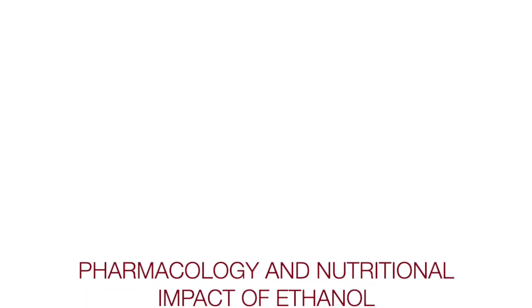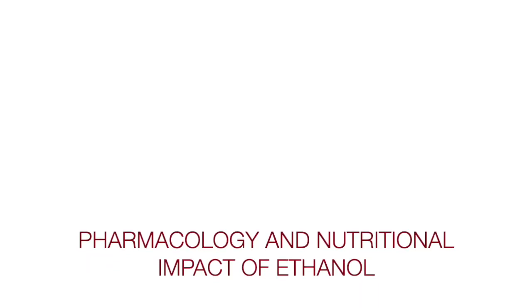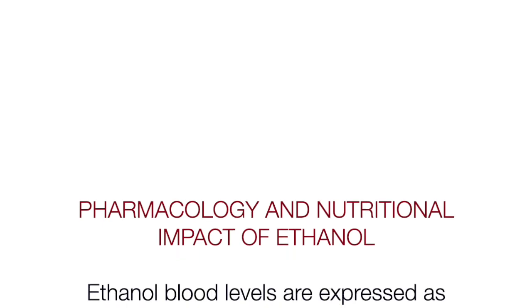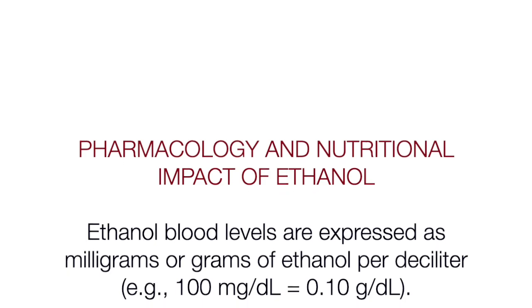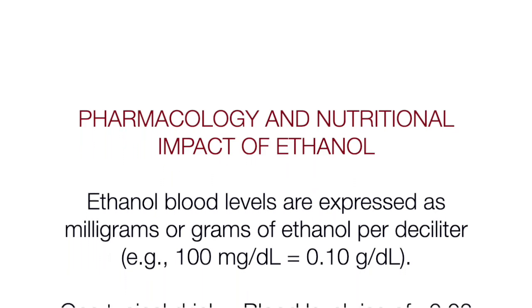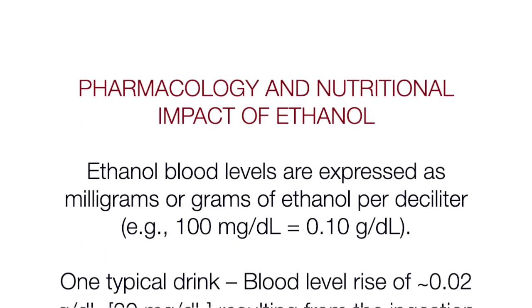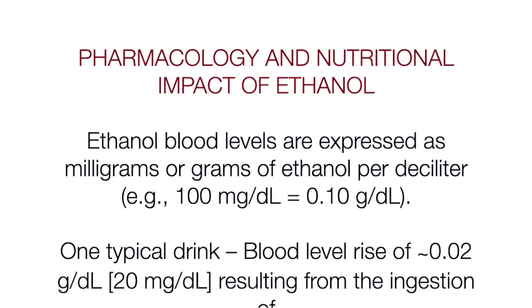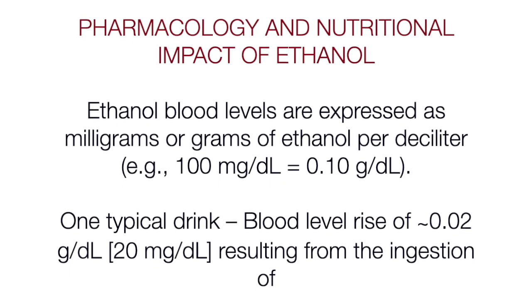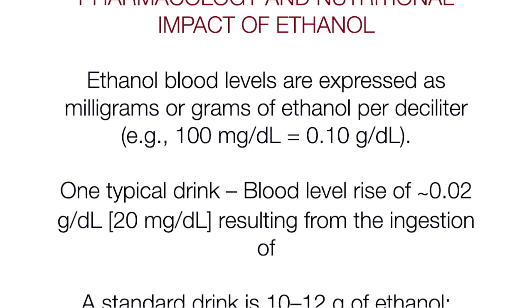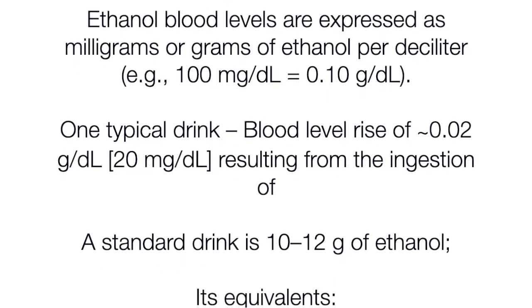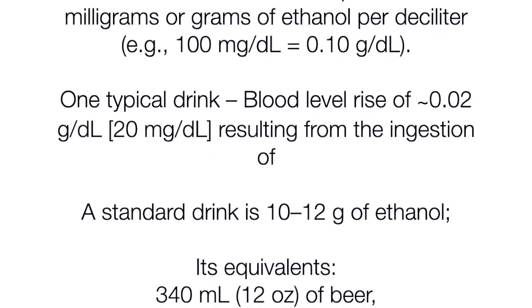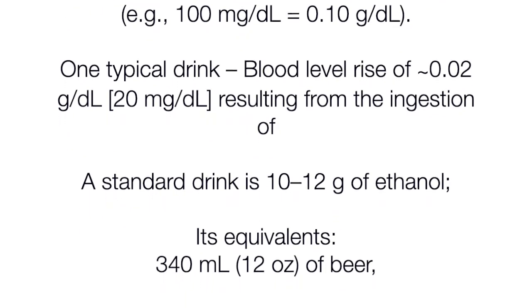Pharmacology and nutritional impact of ethanol. Ethanol blood levels are expressed as milligrams or grams of ethanol per deciliter. 100 milligrams per deciliter is equivalent to 0.1 gram per deciliter. One typical drink results in a blood level rise of around 0.02 gram, or 20 milligrams, per deciliter, resulting from the ingestion of